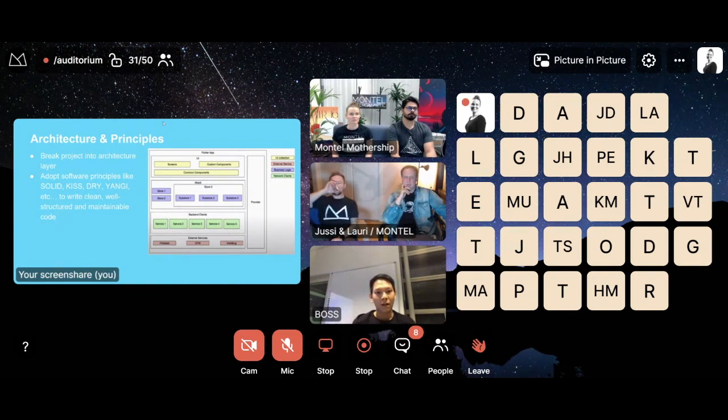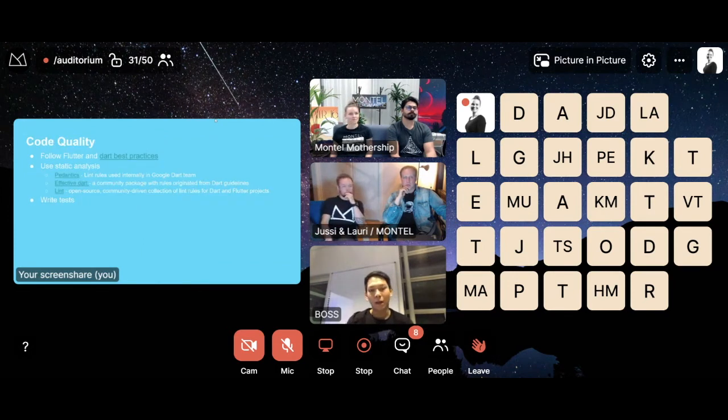And on the right, I have this example of Flutter app architecture using MobX or in general. So basically you have a UI layer, then you have your business logic layer, and then you have your service layer, and then you have your external service layer. By separating your code into different architecture layers, you can see your data flow and how code flows, so it's more predictable.